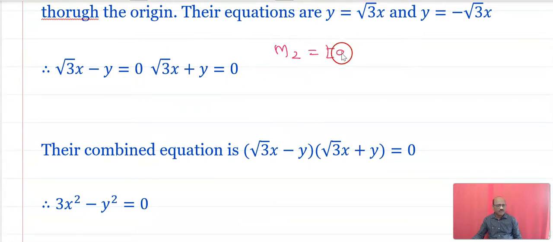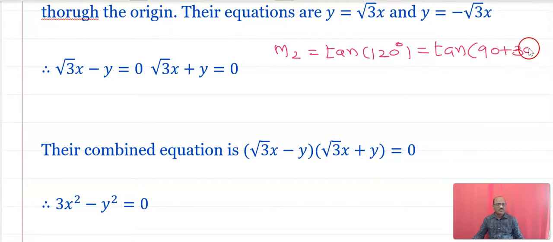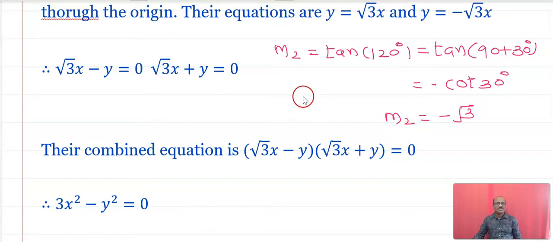its angle of inclination is 120 degrees. Okay, and this can be written as tan of 90 plus 30 degrees. Okay, and therefore it is minus cot of 30 degrees, since it goes in the second quadrant, and here you will get minus root 3. This is the slope of the other line, and hence its equation is y equals minus root 3x,